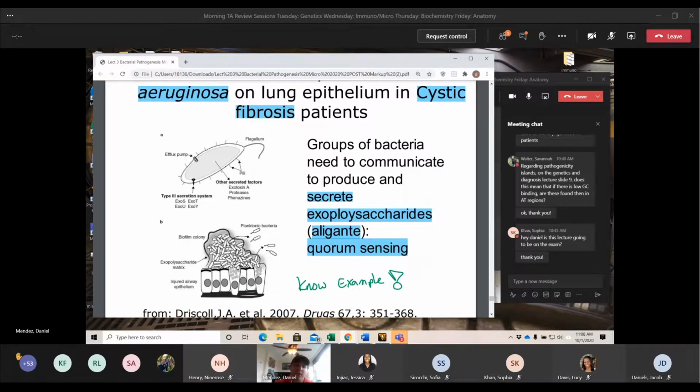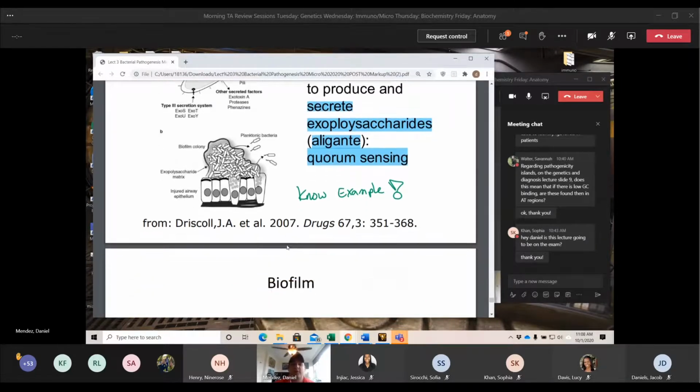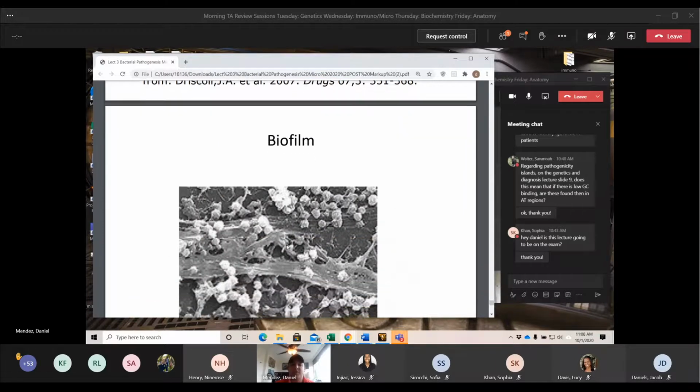So we can see that we have here another image of this biofilm, this group of cells, and they have this matrix that they're developing through quorum sensing on the outside. And then we have these planktonic cells that then will leave off and go and infect another area. So it's just creating a nice little hub here for this bacteria to avoid any sort of interaction. Just an image of what the biofilm looks like.